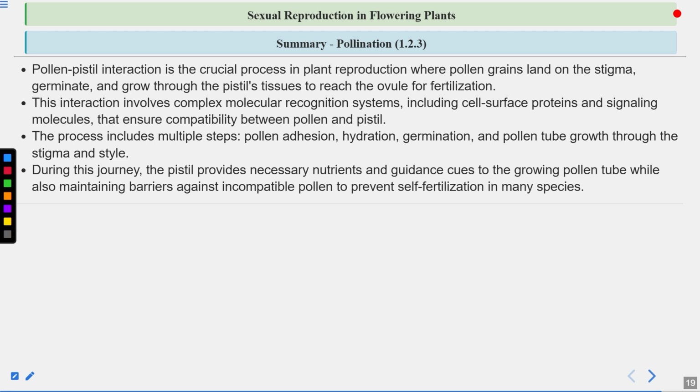During this journey, the pistil provides necessary nutrients and guidance cues to the growing pollen tube, while also maintaining barriers against incompatible pollen to prevent self-fertilization in many species. But yes, sometimes I think that the bagging could be done for the anther also, because some other pollen